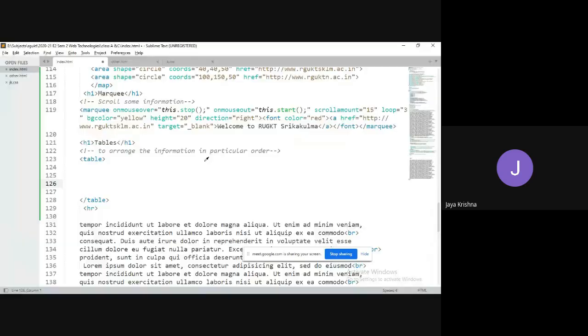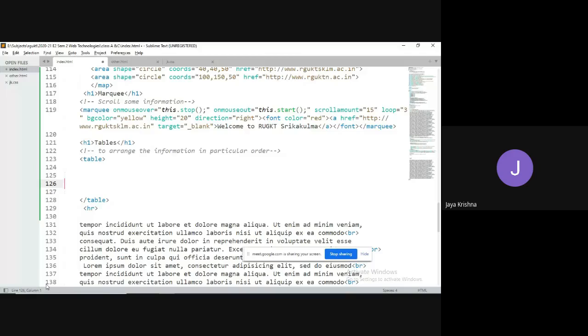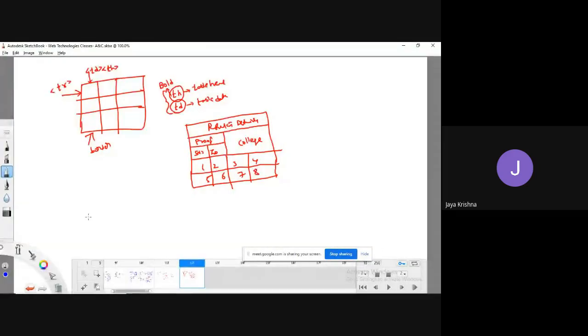Let me create that kind of table. Observe. To insert the table, I need to use the table tag. First of all, I'll go for a basic table.